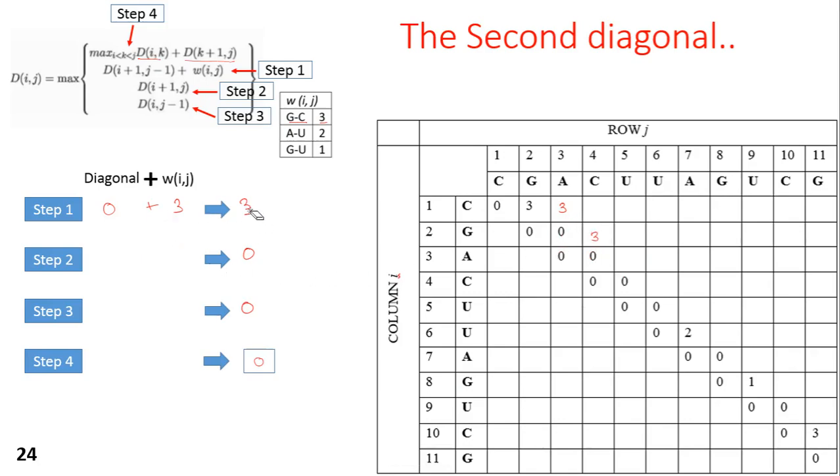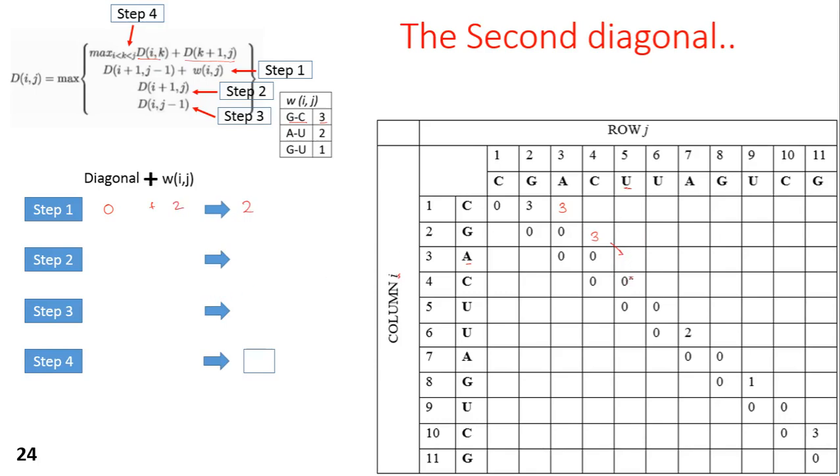Well, now what we need to do next, we need to move diagonally down, that is over here. Okay, so this is our current box dij. In order to populate this, we need to find out what is present at its diagonal position. We have got 0. Then let us see if we can add a weight value. This box corresponds to the base pairing of U and A. Do we have anything for U and A? Yes, we have got a value for base pairing of A and U, that is 2. We have got 2 over here. Okay,